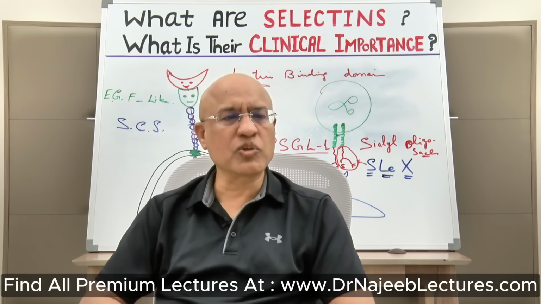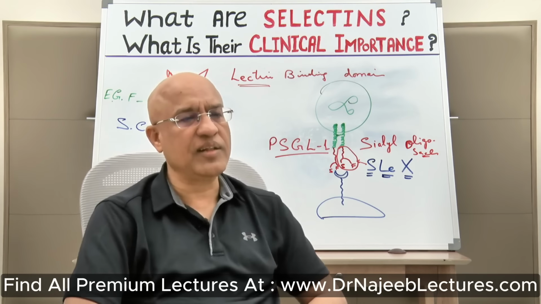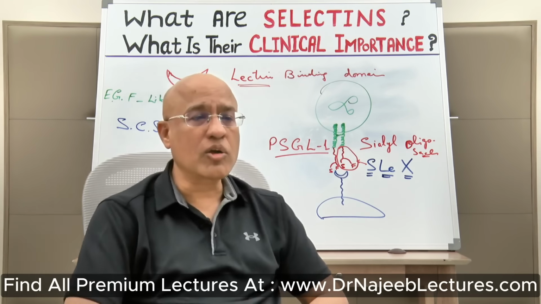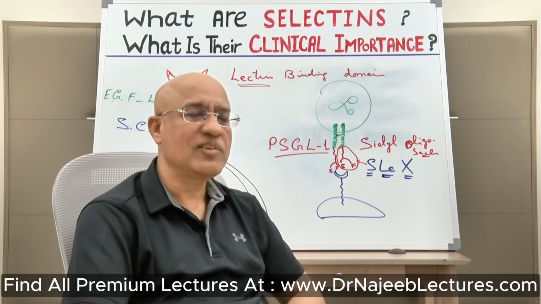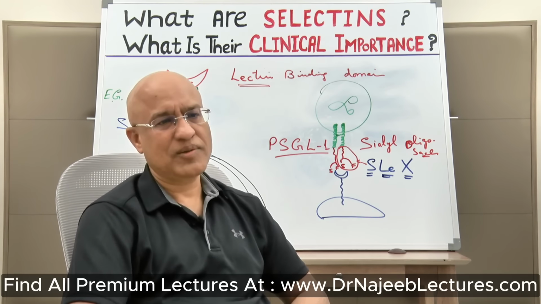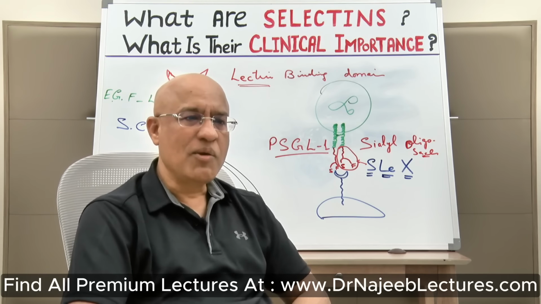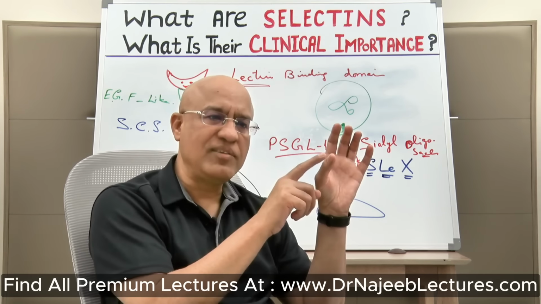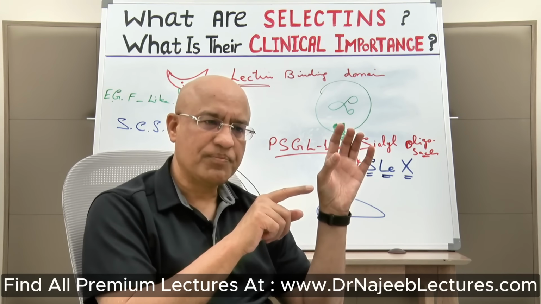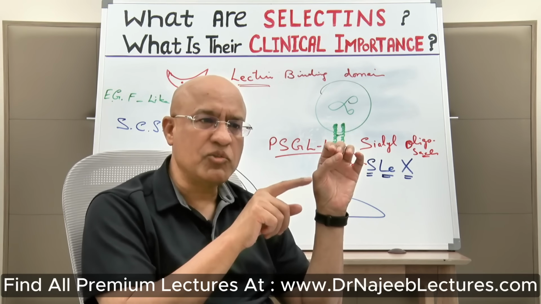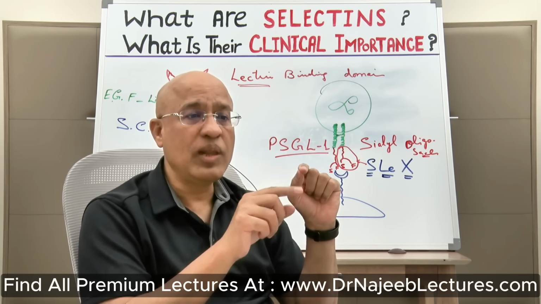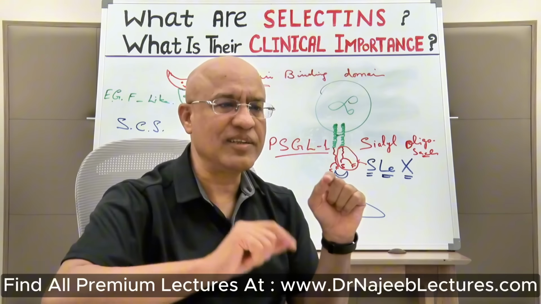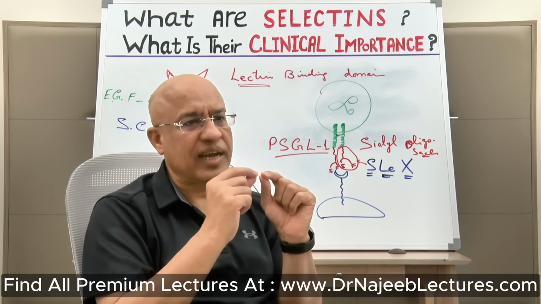Actually, among those carbohydrates, cancer cells express a lot of counter receptors or ligands for selectins. So what happens? When a cancer cell separates from the primary mass, as soon as it comes into circulation, activated platelets will express P-selectins, and P-selectins will interact with the cancer